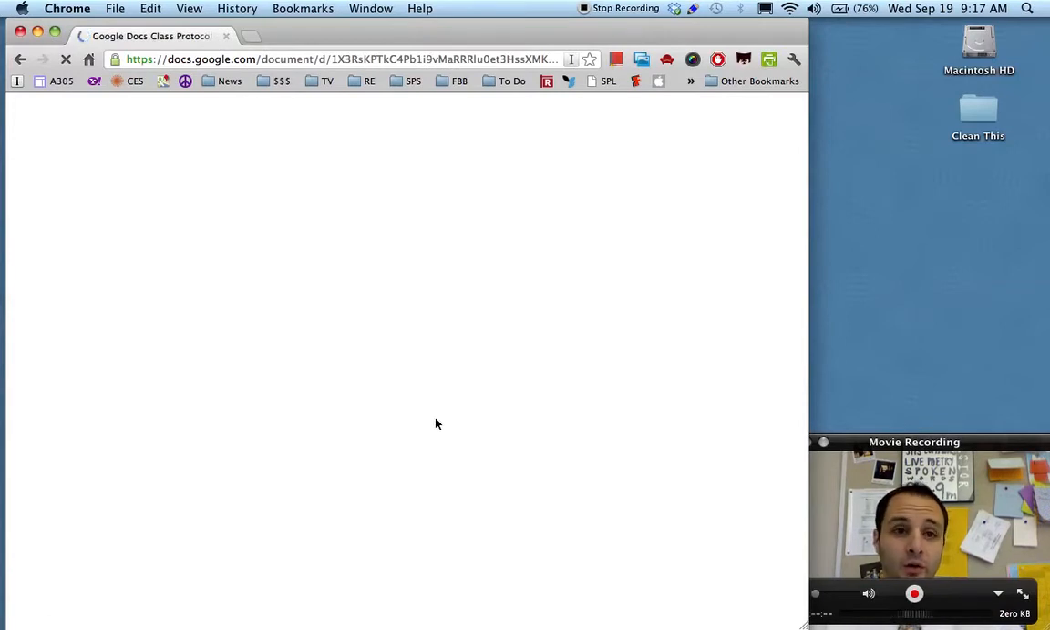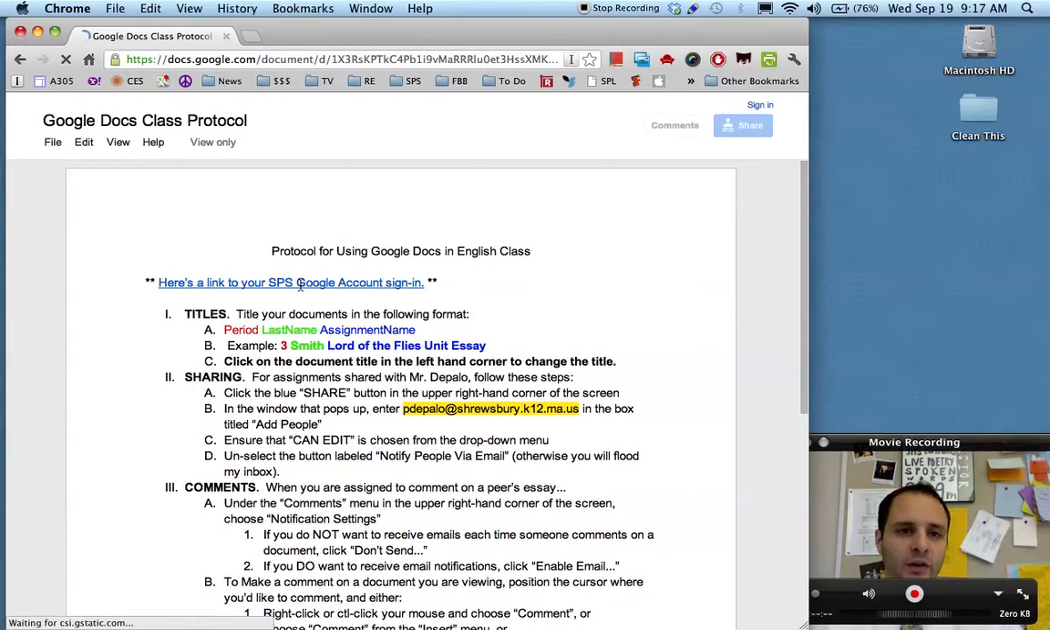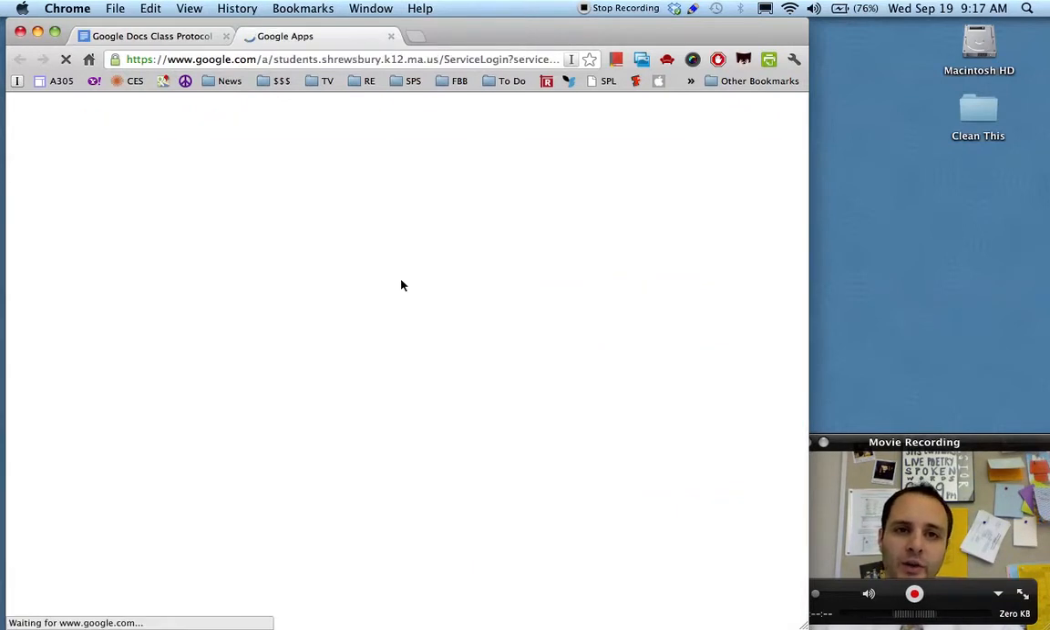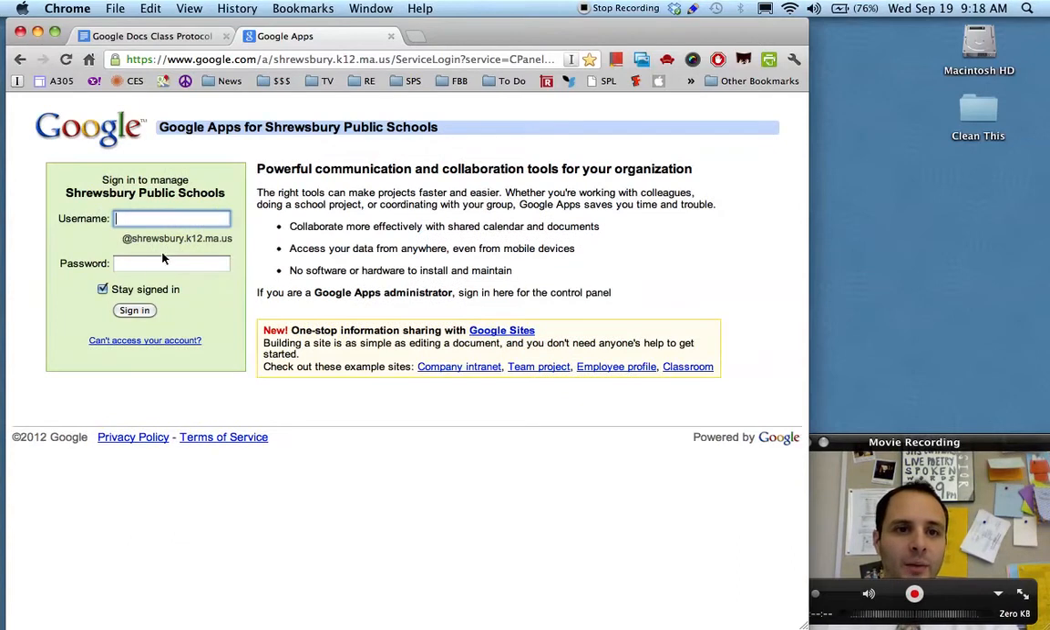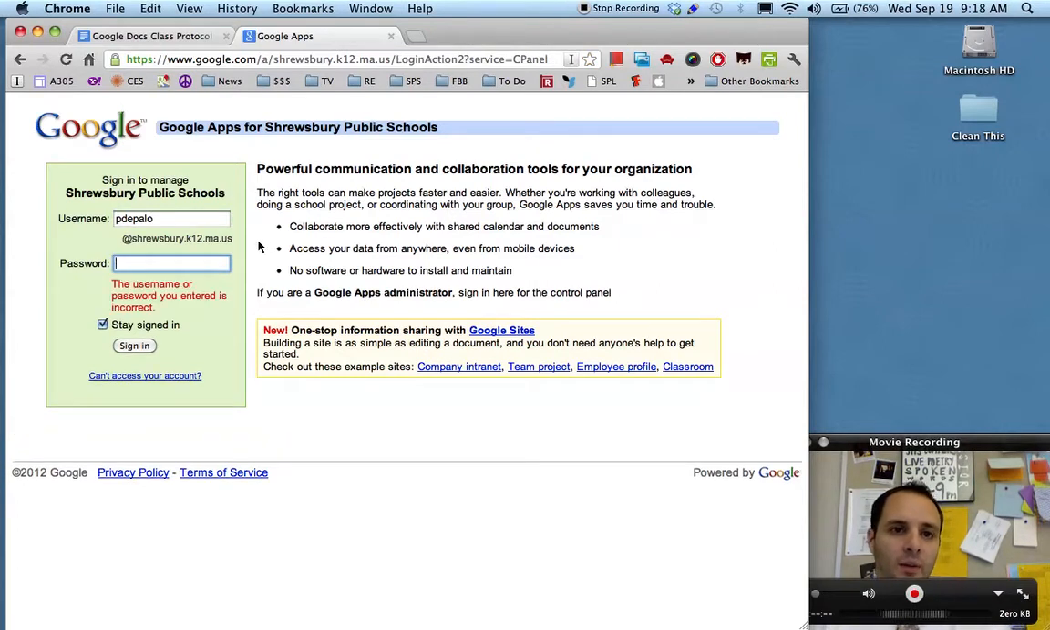One day it will load, and when it does, I'm going to click on the top link, log into your SPS Google Apps account. So when you're at this page, you can tell up top it says Google Apps for Shrewsbury Public Schools. Below your username, you should see that it says @students.shrewsbury.k12.ma.us. In this screen, basically, it means that you can log in with just your username. For me, I'm going to go to the teacher login page, which is a little different. Log myself in, and what I'm going to come to,